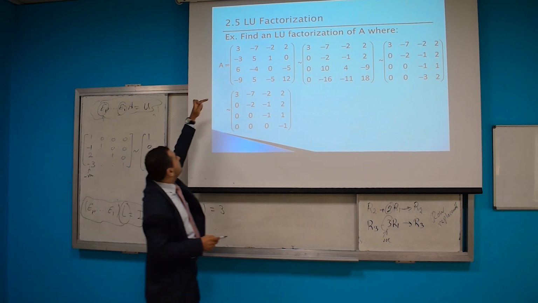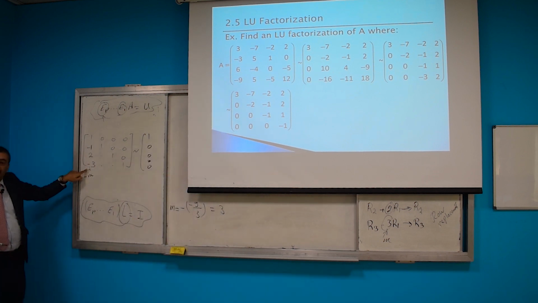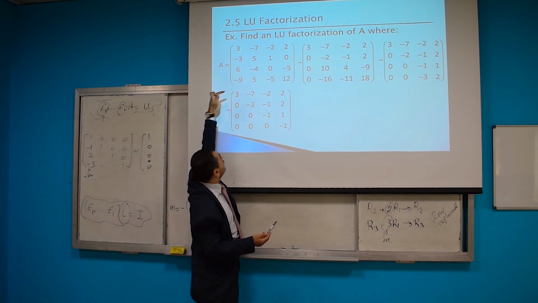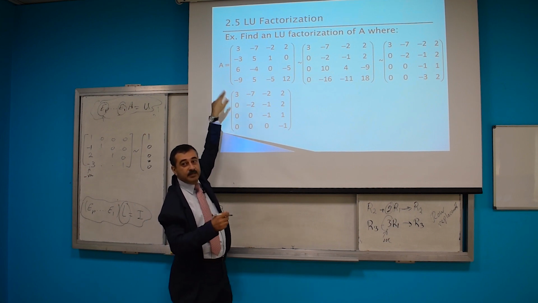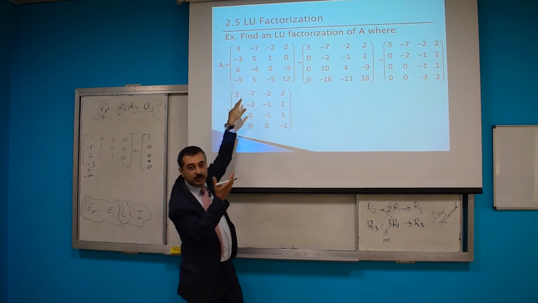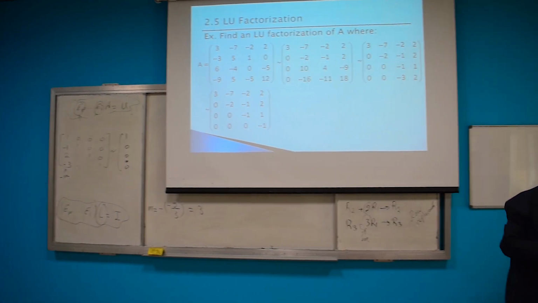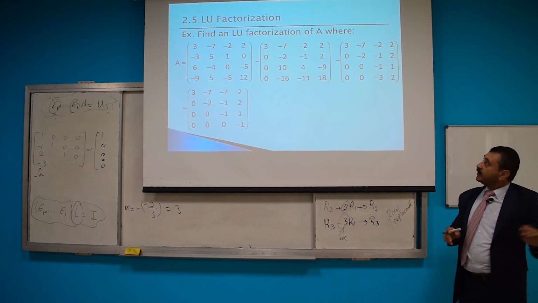If you divide negative 9 over 3 you will get this number directly. Right? That is actually the negative of the multiplier. Divide without changing the sign. So I divide the numbers by the pivot. That was actually the multiplier, and I was putting a negative sign, so don't put the negative sign. So what happened in the second